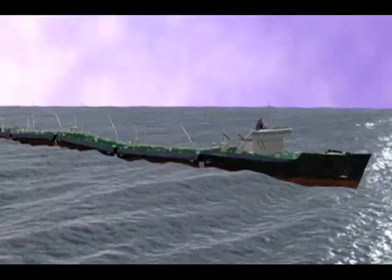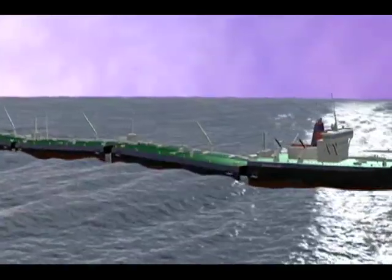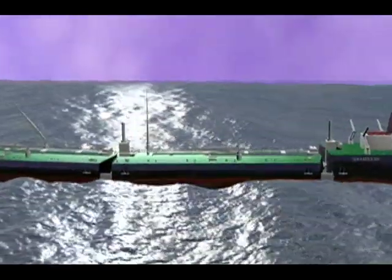The ball and socket units function together to permit the barges to roll independently of one another and to permit them to pitch independently of one another. However, the translational motions in the ship, and particularly the fore and aft direction and the sway sideways, are restrained so that the net effect of all of this coupling is that the longitudinal bending forces and moments in the entire barge train are minimized. This has the advantage of permitting the barge units to be built to lighter scantlings or lighter structural members, so that the cost of each individual barge unit would be less than it would be if the entire train were